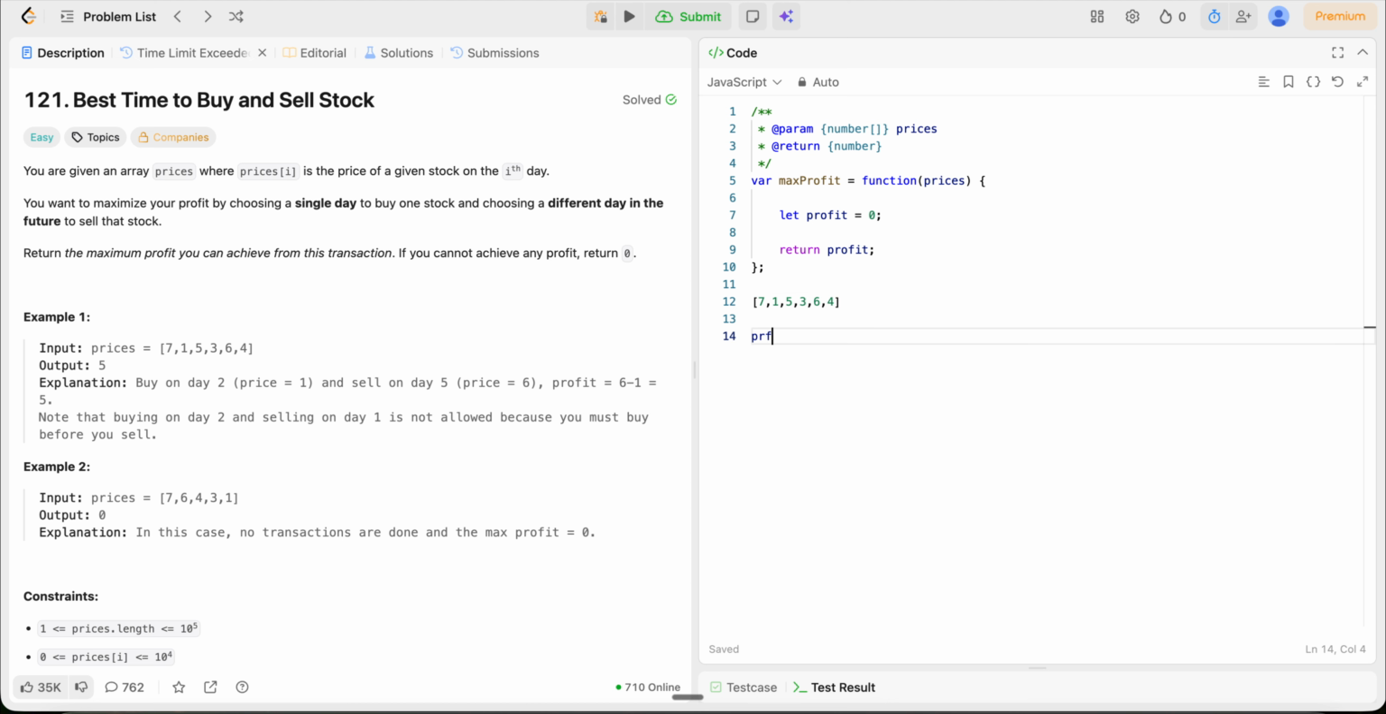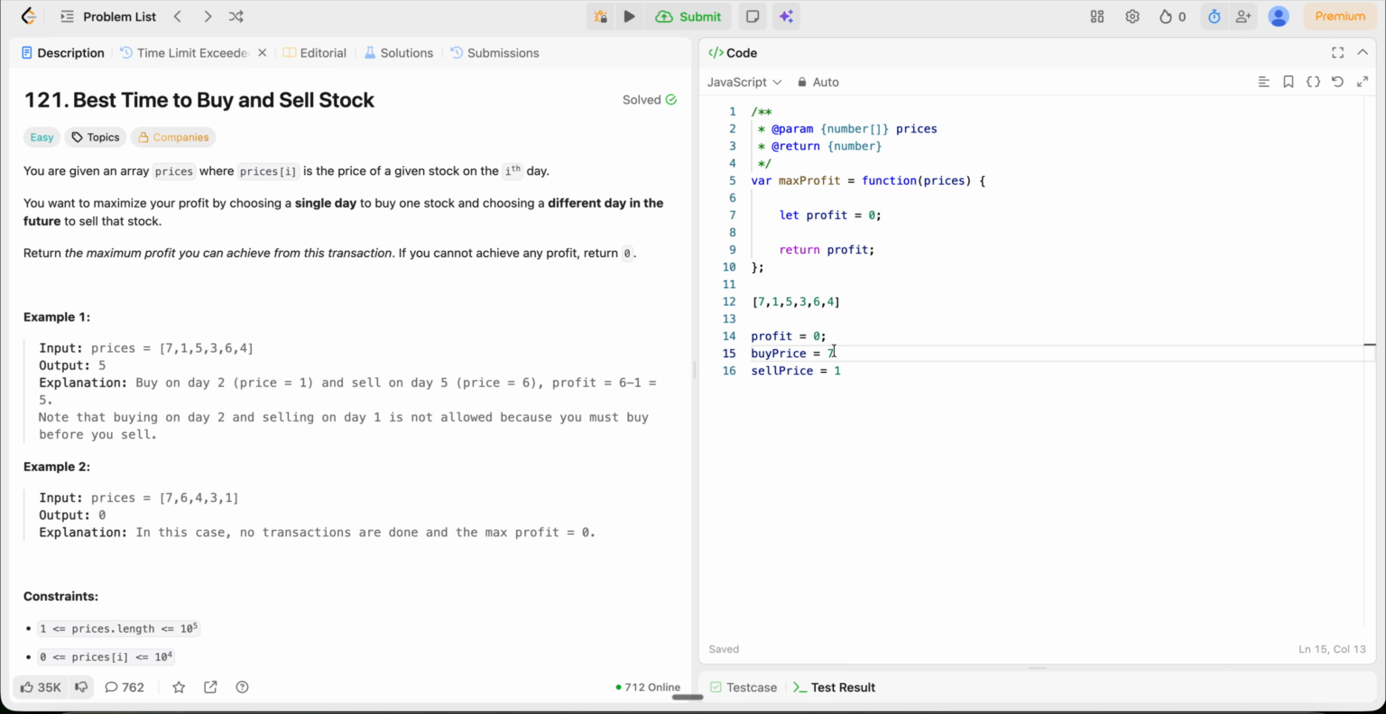So in this case, let's say initially profit is 0. Now my buy price is 7. Now let's consider my sell price. Sell price is 1 minus 7 is what? Minus 6. So I don't have to update my profit. 5 minus 7 is minus 2. I don't have to update my value, and so on. I will iterate over all the elements in the future and I will subtract the buying price 7